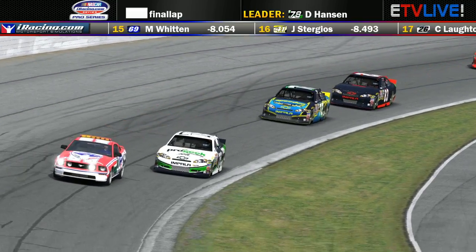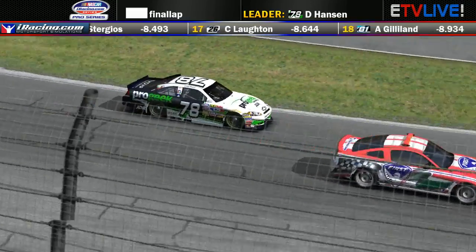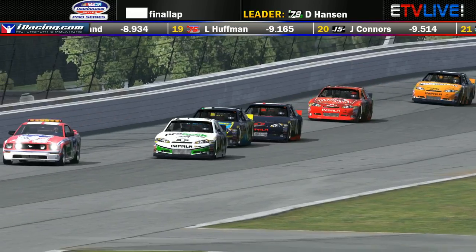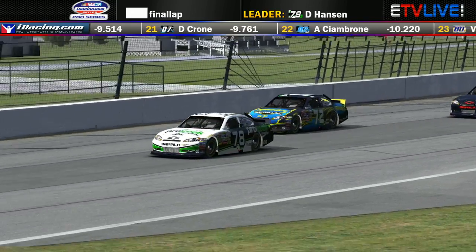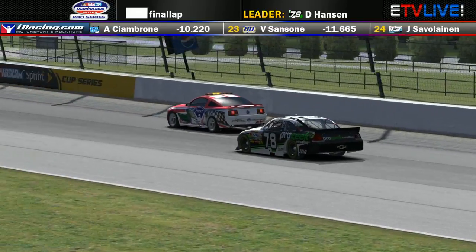Jake Sturgis with a solid 16th. Chad Lawton losing points in 17th. Gilliland losing points in 18th. Landon Hoffman with a dismal night in 19th. The tuxedo car, which might be the Hawaiian shirt car, in 20th, Tim. I don't really think Connors will be satisfied with that 20th. No, I don't think he will. After running top 10 at Homestead, after running top 10 here, I don't think 20th place is going to